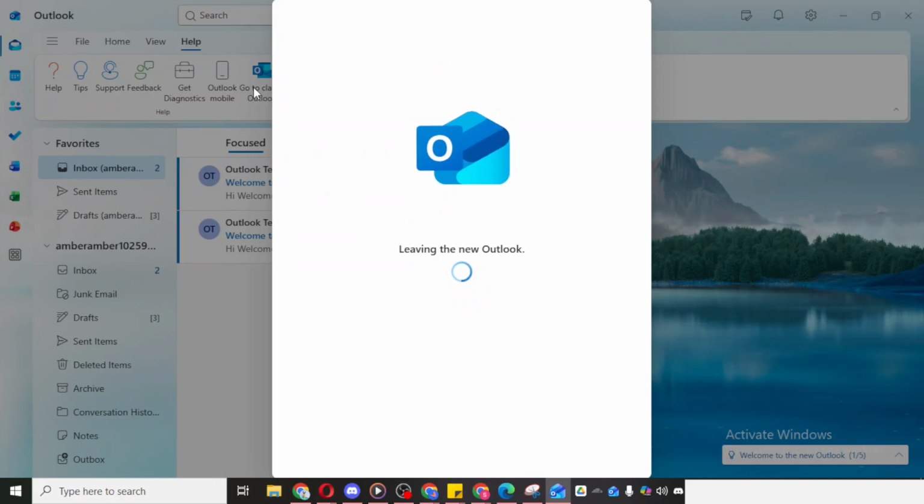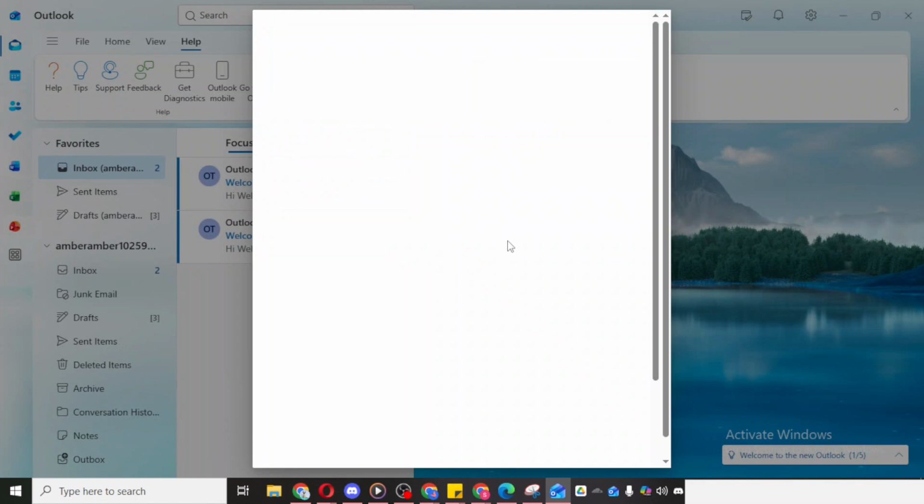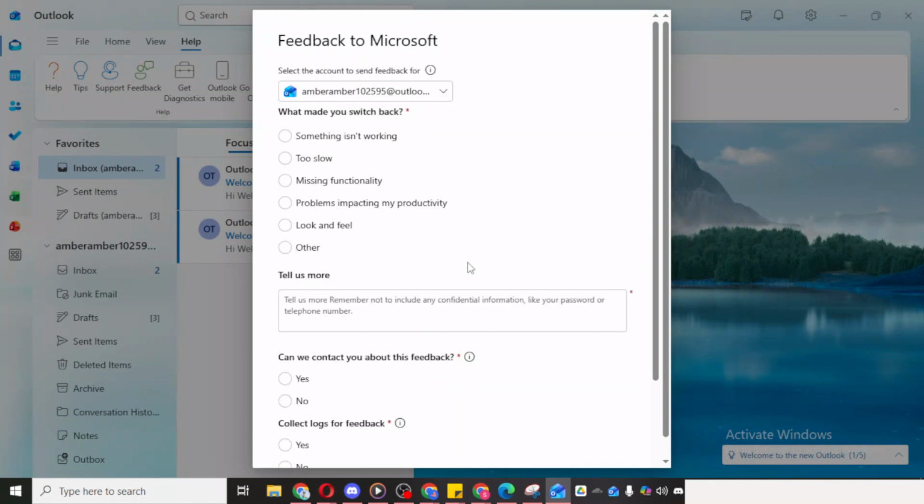After you select it, Outlook will begin the process of switching you out of New Outlook. At that point, Outlook will let you leave the new version and take you back to Classic Outlook. Depending on your system, the app may refresh, restart, or take a few moments to complete the change. That's completely normal, so just give it a moment to finish.